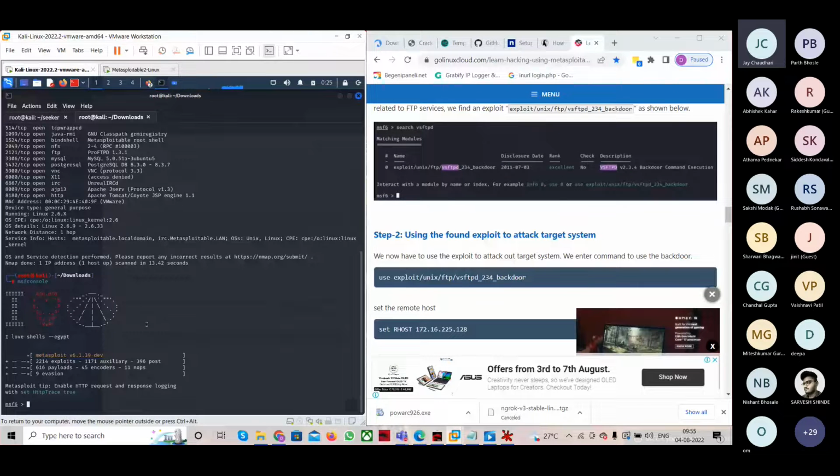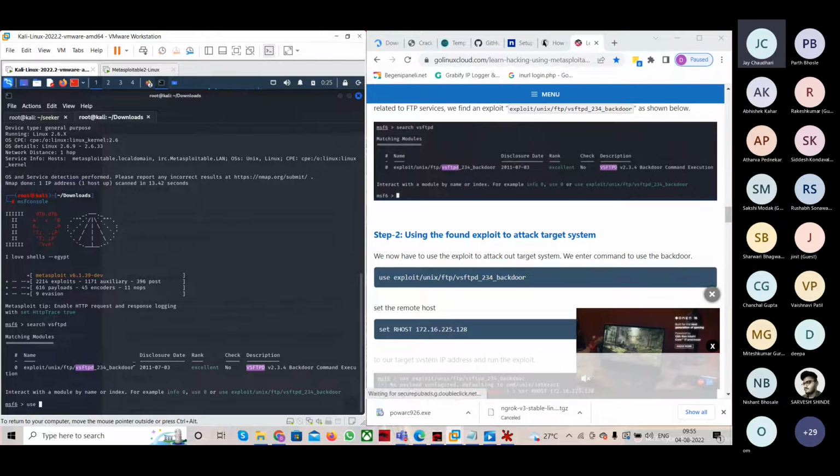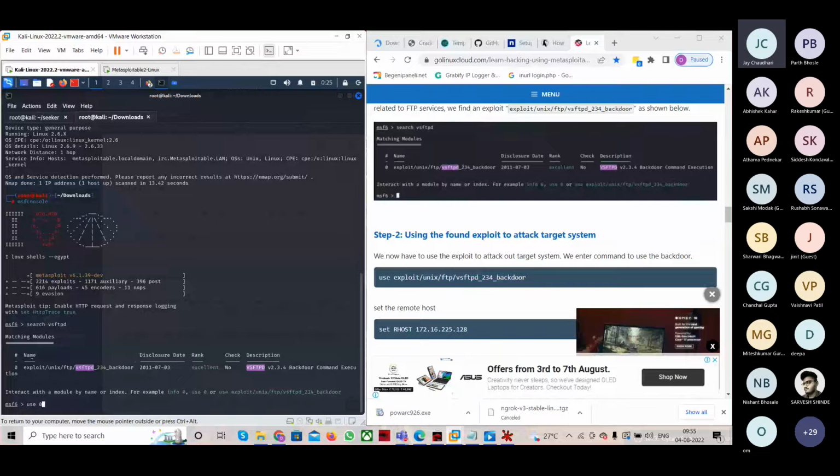मैं उसको VSFTPD सर्च करूँगा। तो मुझे उसका एक एक्सप्लॉइट अवेलेबल मिला है, तो मैं सीधा use 0 क्यों करूँगा, क्योंकि उसके आगे यहाँ पे 0 नंबर है।